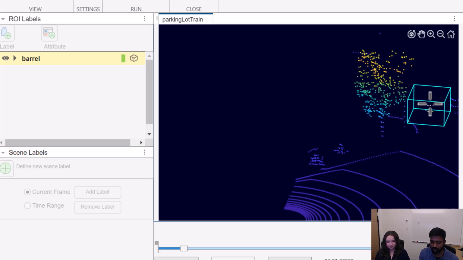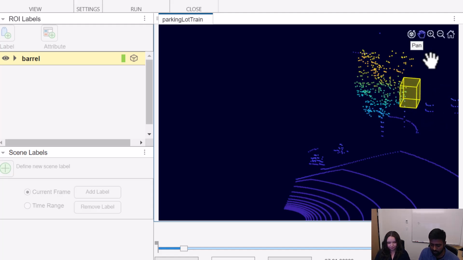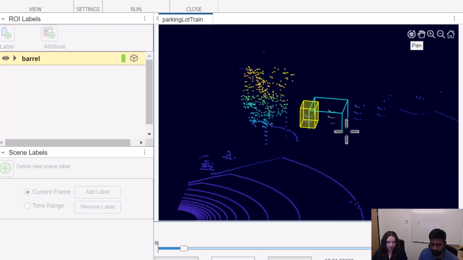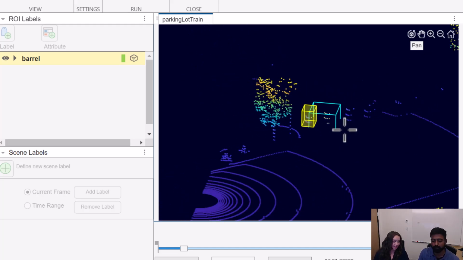Now I've gone ahead to a different frame. I'm going to use Control V to paste the label that we just copied. So you can see that in the previous frame the label was here, but now it has moved to this location. So I'll have to manually adjust that, move it across. And copying and pasting means that the labels are going to be the same size.